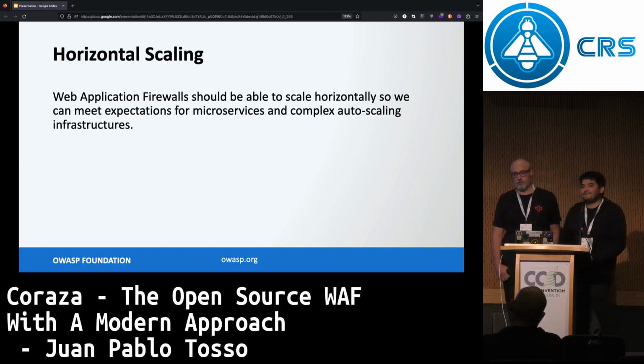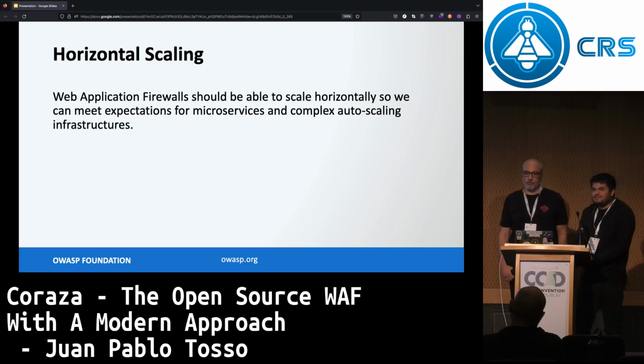The idea of these asynchronous patterns, or also synchronous patterns with external services like SPOA, is that you can perform horizontal scaling, fitting the needs of microservices infrastructures, or also service mesh and complex auto-scaling services.